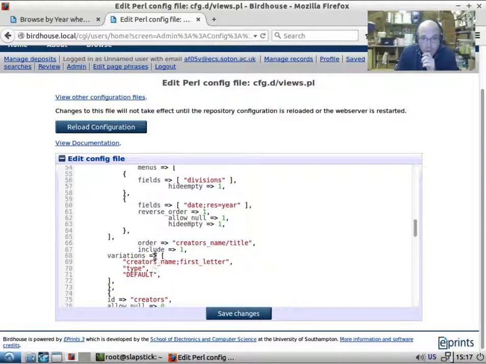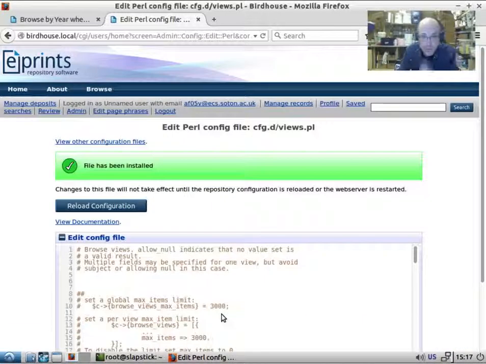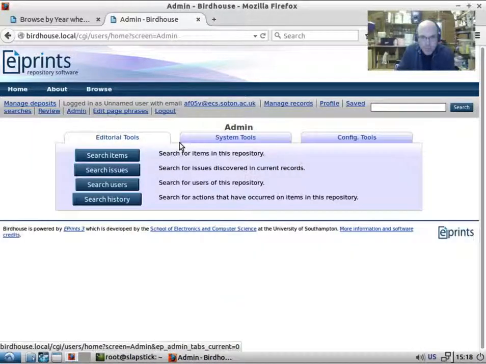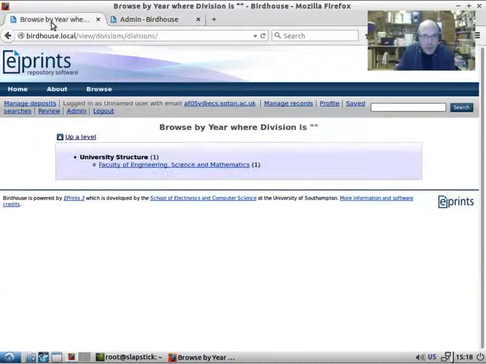Divisions. So we want hideempty 0. Now when we change this, nothing will actually happen because browse views are generated on a nightly basis. They time out after a certain amount of time. But let's have a look. There should be a button to regenerate the views. So now, if we refresh this, hopefully,